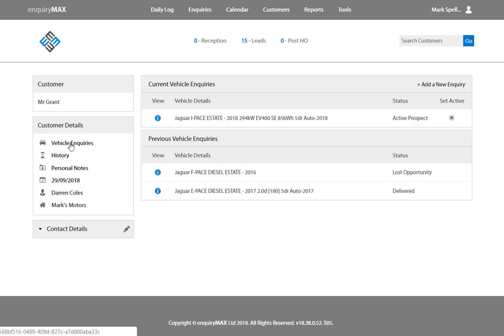This is the vehicle inquiry section of the customer profile in Enquiry Max. So just to briefly give you a description of what the profile shows you. Every customer that you load into Enquiry Max has a customer journey, has a customer profile, and it's really